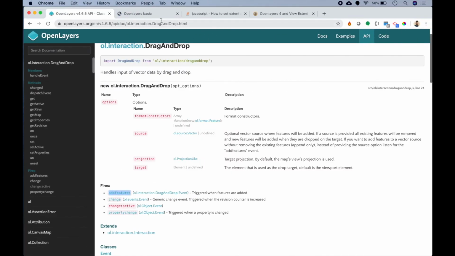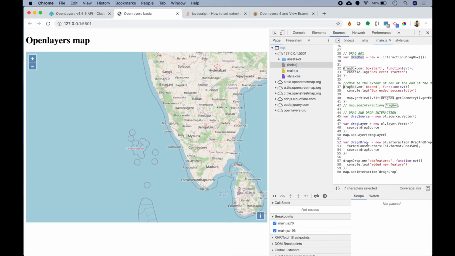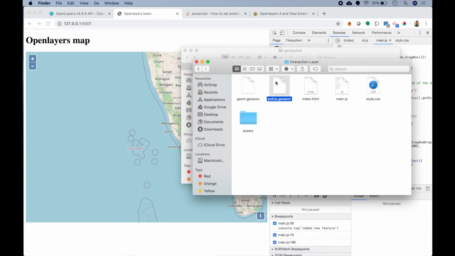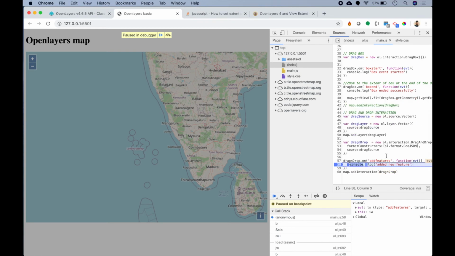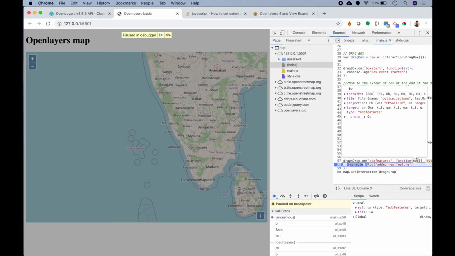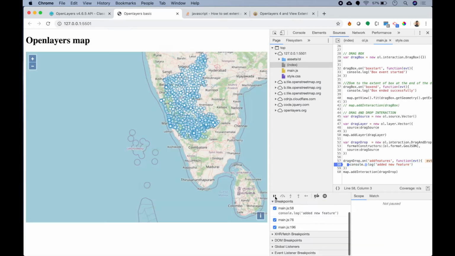Alright, so I'll just simply add a debugger to this addfeatures thing, and now I will again drag and drop my file here. So now if you can see, we get an event, and inside event we have all the features. So there are almost 886 features. So you can see that we have added all the features.